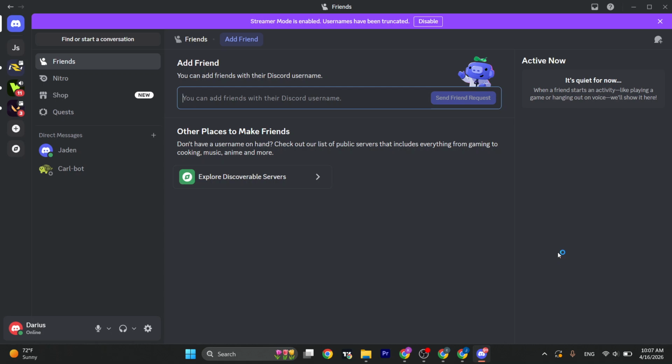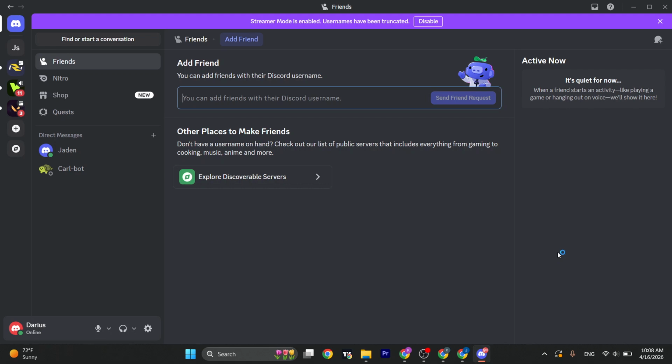Let me show you how to fix Discord stuck on full screen mode inside of Windows. So if you're also having this issue where your Discord is still on the full screen mode, the easy way to disable it is first of all try Ctrl Shift and F on your keyboard. Now if this does not work out for you, then the second shortcut that you can